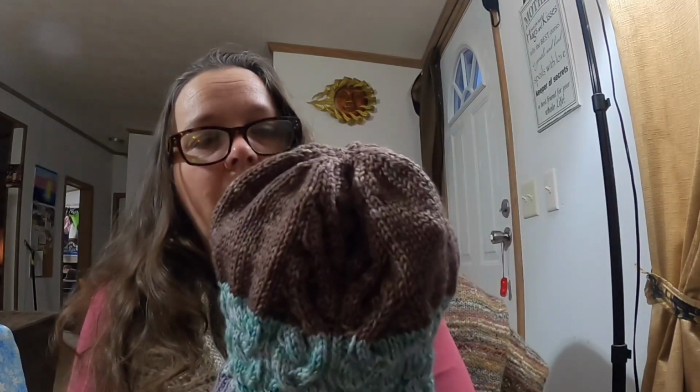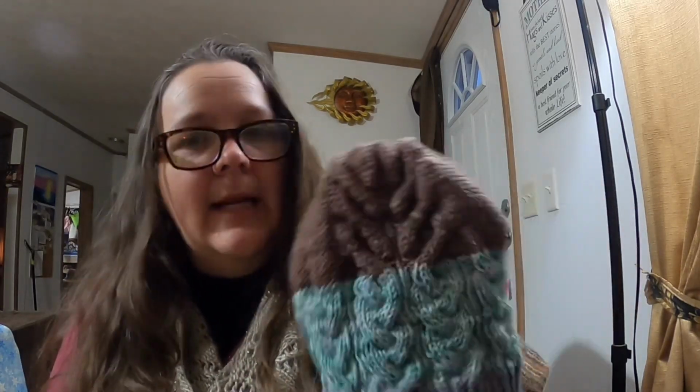Oh, I did manage to get my commissioned hat done yesterday. I've not put a pom-pom on it yet. I have put the button inside for the pom-pom. But this is the ale hat by Jody Brown. I got the pattern in Rhinebeck in 2019. It was a kit, and I did the ale hat and the ale hat too. And the yarn that was in that was Lottie Da DK. I can't remember the maker, but